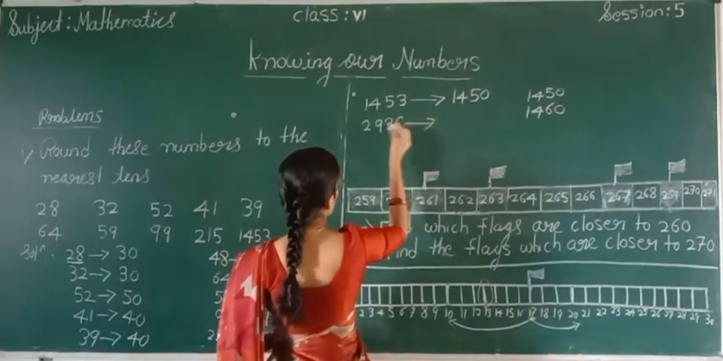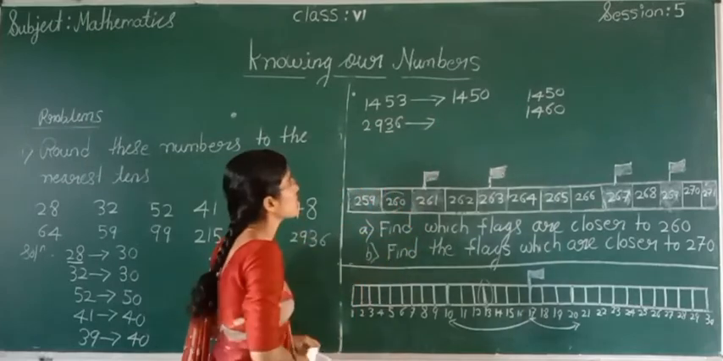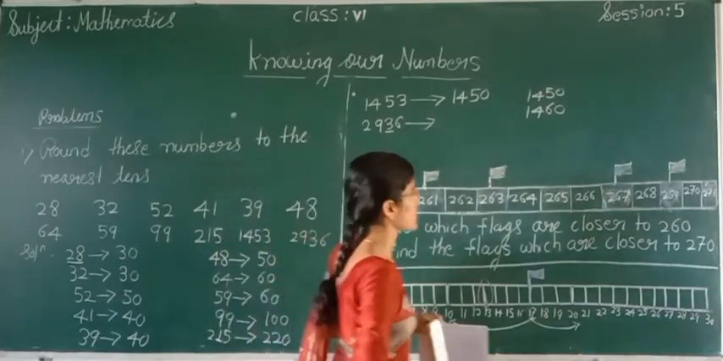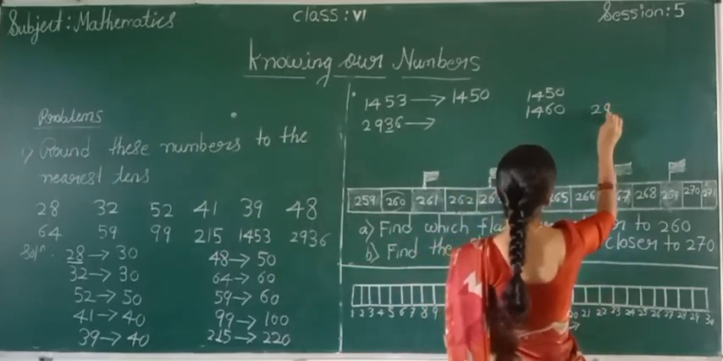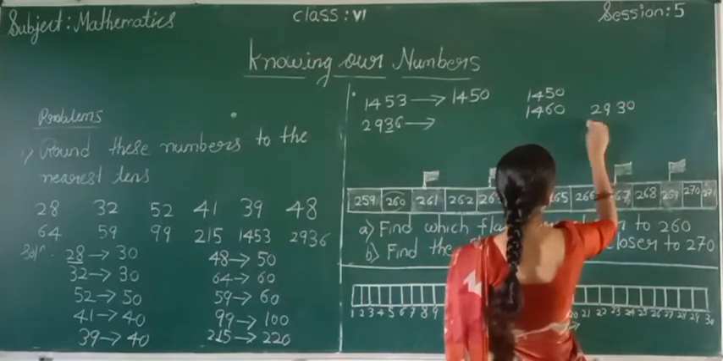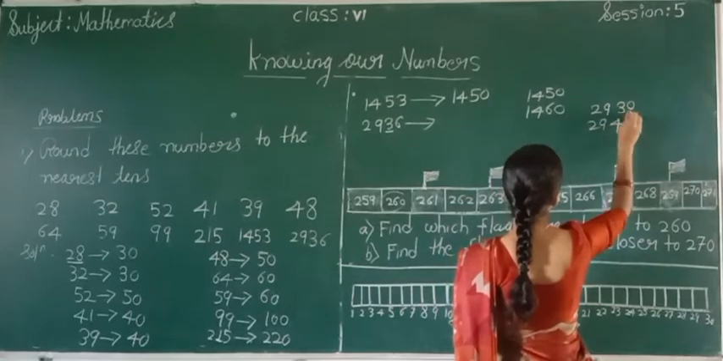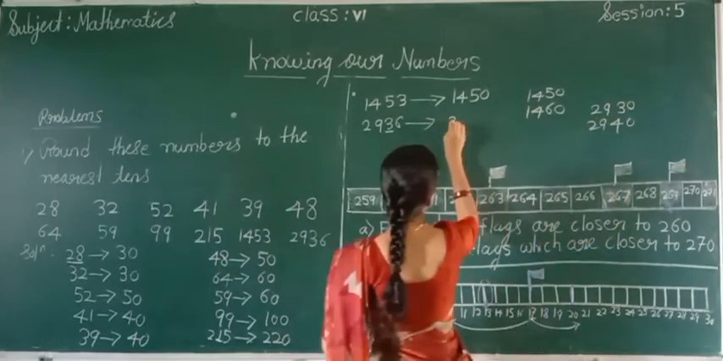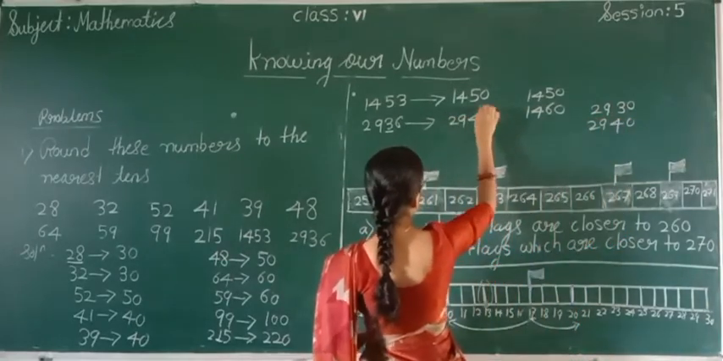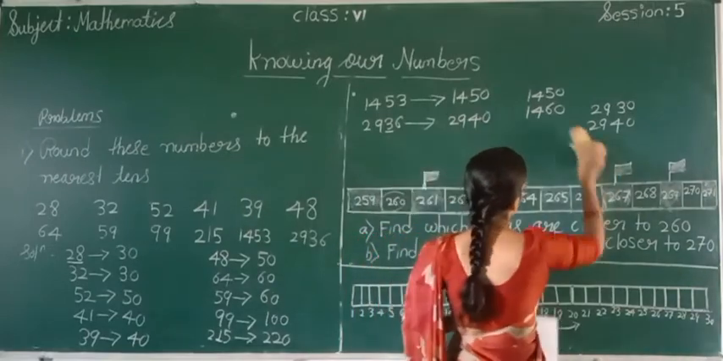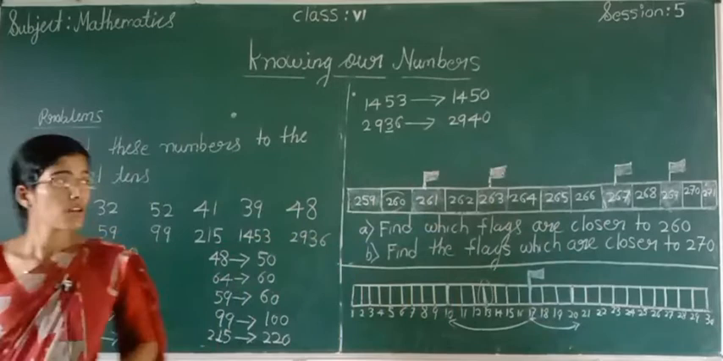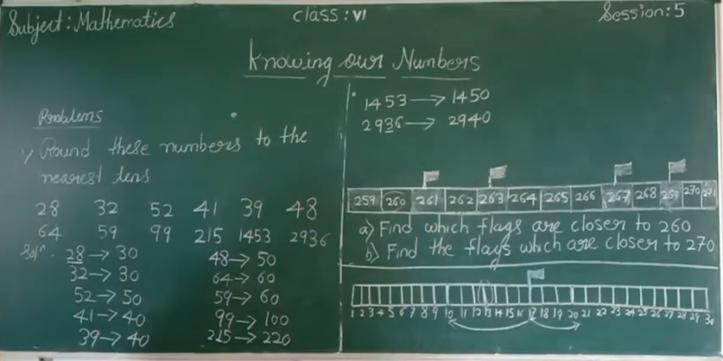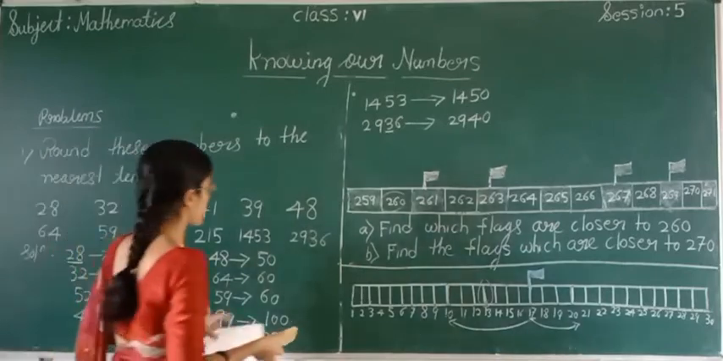Next, 2936. Nearest tens they are told, right? 2936 will lie between 2930 and 2940. It is nearer to 2930. Okay, this is nothing but estimating to the nearest tens. Okay, next we will see